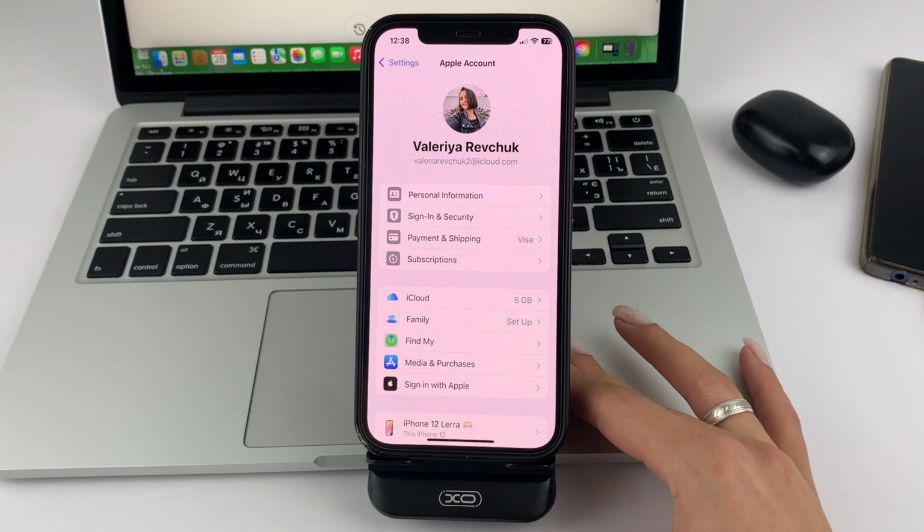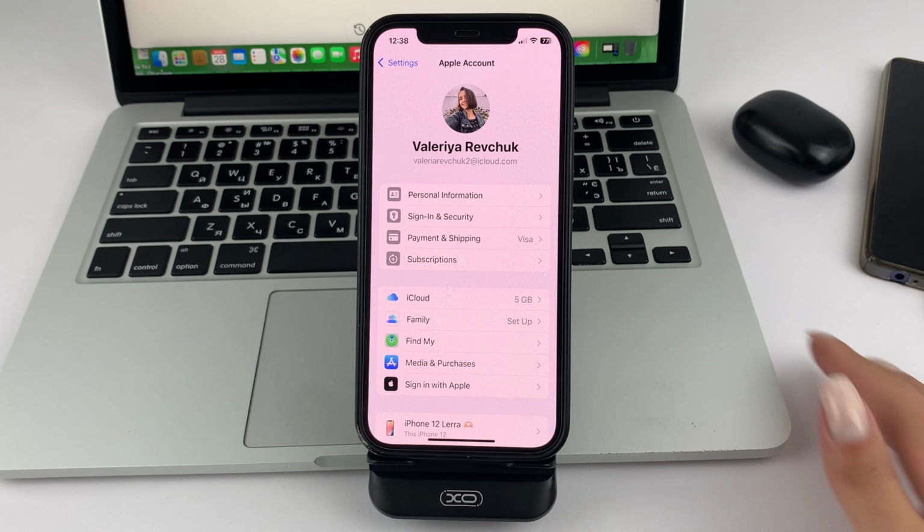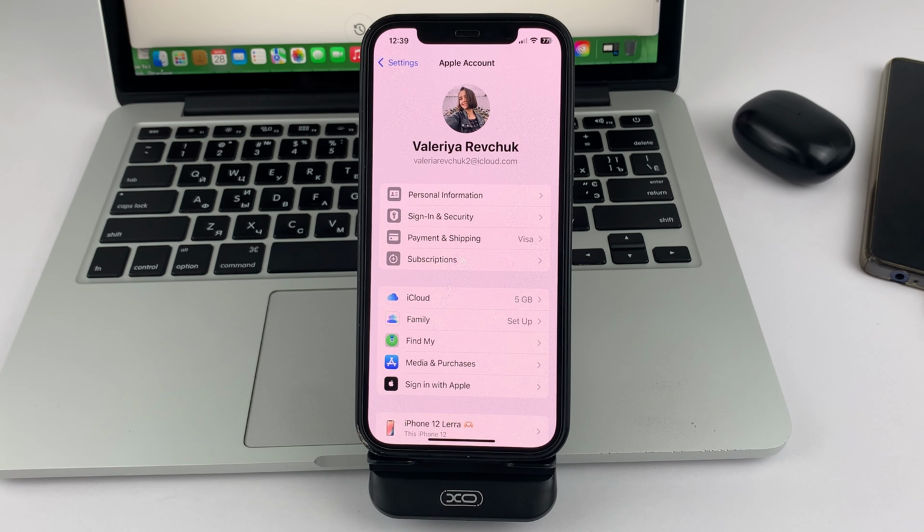And very often, there are times when you try to create your account to register and lock your iPhone to you personally, but you can't do that because you get an error. Either it writes that you can't create an account, or it may write that you can't create an account because you've already used it too many times or created too many accounts.